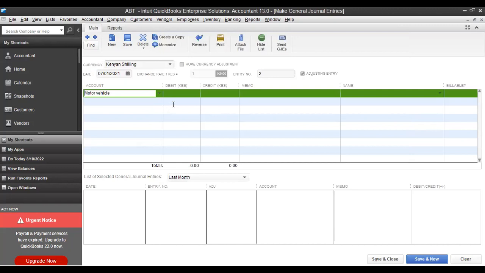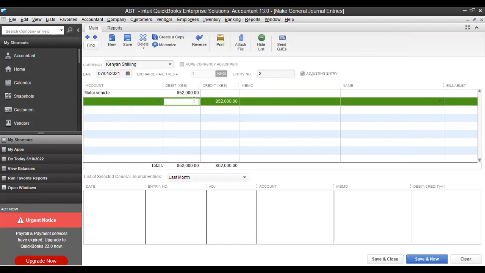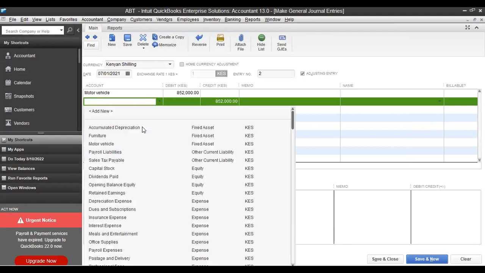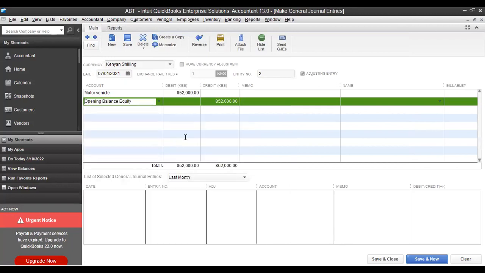So when you save, of course, under description, you would have put opening balance if you wanted, but there's no need really. So you come and put the amount. It is 853. Just bear with me, any figure I put is for purposes of time. 852. Then credit opening equity. So come and look for equity, opening balance equity. Okay, that's how you put journals. And when you save and close,